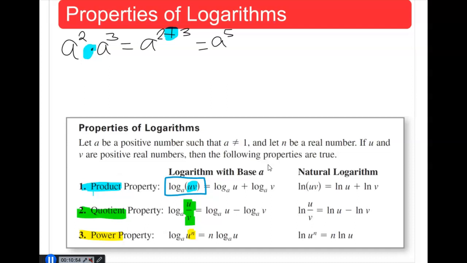So here we have two things that are multiplying, u and v, and we're going to expand it into something that will be the sum of two logs. And so I'm going to write the name here. So on the left side, what we see here, it's called the log of a product,